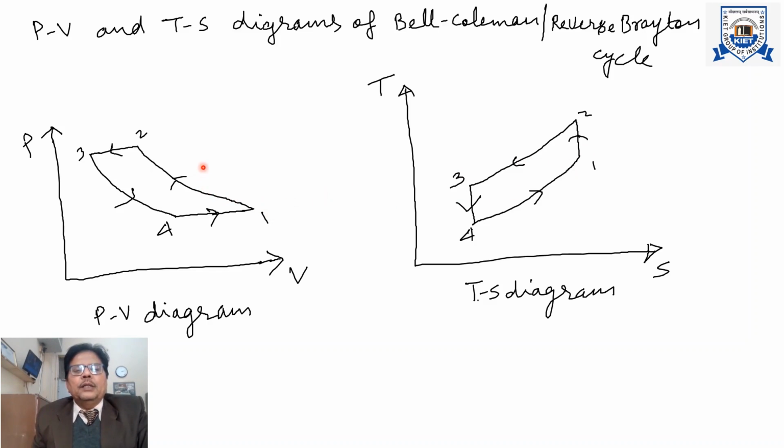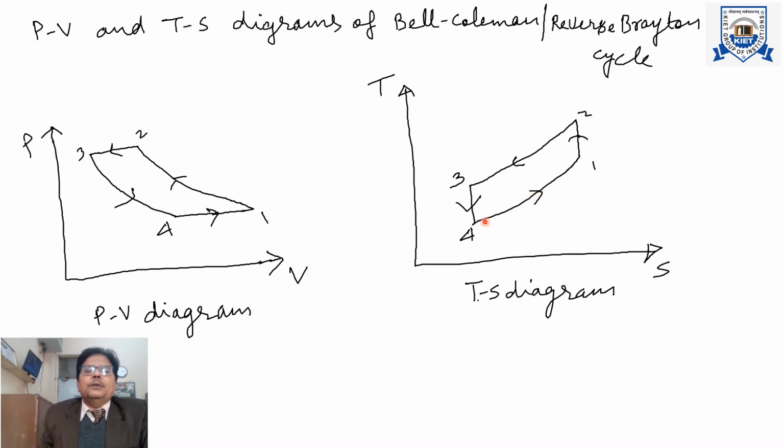Then this compressed air at high temperature is passed through a cooler. In the cooler the temperature of the air decreases at the same pressure. From the PV diagram you can see it is a constant pressure process. In this process the pressure remains constant but the temperature decreases. In this diagram also you can see there is a decrease in temperature from T2 to T3, and then at the end of this cooling process the air is sent to the expander.